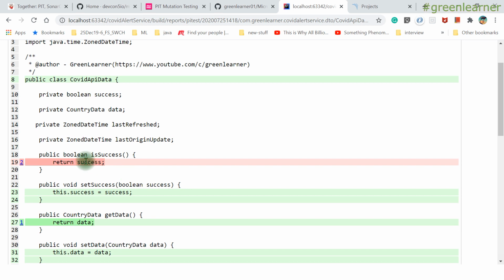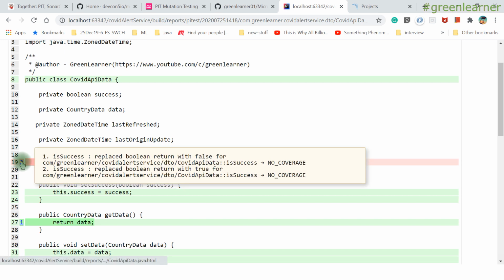Here it's success. Replaced Boolean return with false: no coverage. Sometimes it is no coverage, sometimes it is killed, sometimes it is survived. No coverage means there are no tests that do any comparison of this isSuccess, right?